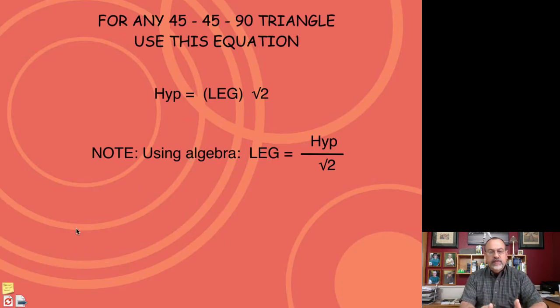So in a 45-45-90, there's one equation to remember. The hypotenuse is always equal to the leg times the square root of 2. And a second property of that is that both the legs will always be the same measure. Okay? So we can use that to solve for different lengths in a 45-45-90 very quickly,